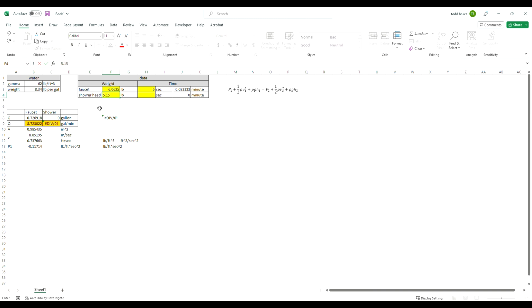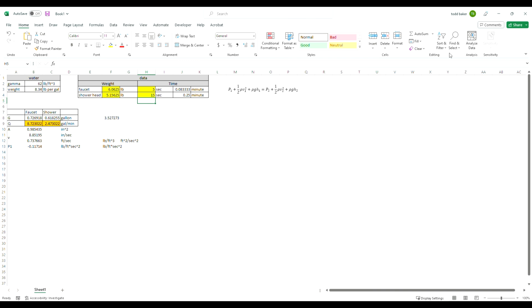Shower head was 5 pounds, 2.5 ounces, which is 5 pounds point 15625, I do believe. And that's for 15 seconds. So we got a volume flow rate of 8.7 gallons per minute for the faucet, and then only 2.47